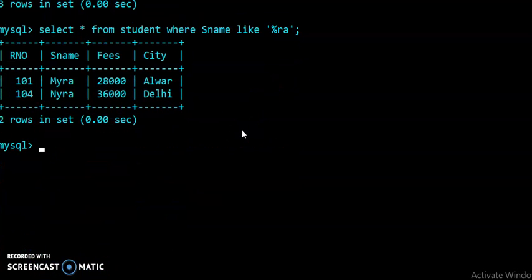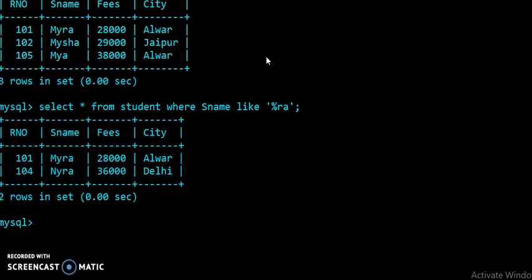In the same manner, how can we access a record using the underscore symbol, students? When you access a record with the percentage symbol, there is no compulsion on how many characters are in the name.